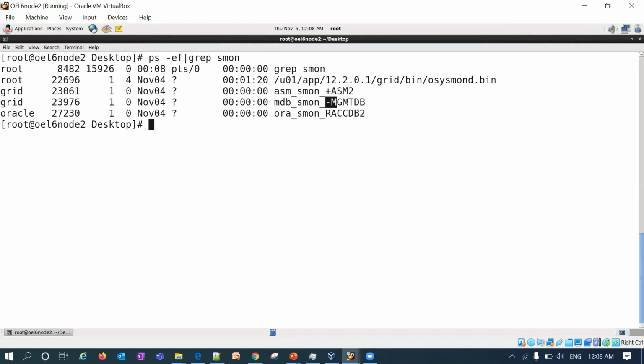Along with that, I have -MGMTDB. That is the management repository database, and it should be up and running on any one of the nodes. If it is down, make sure that it is always up and running. It collects a lot of metrics and helps in analyzing them. That's one of the key points: make sure your management database is up and running.